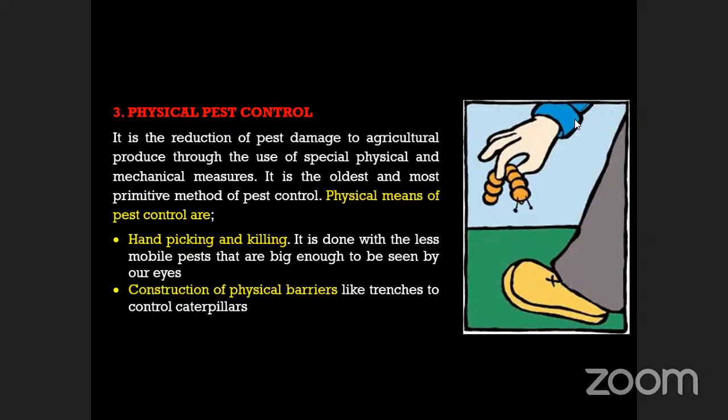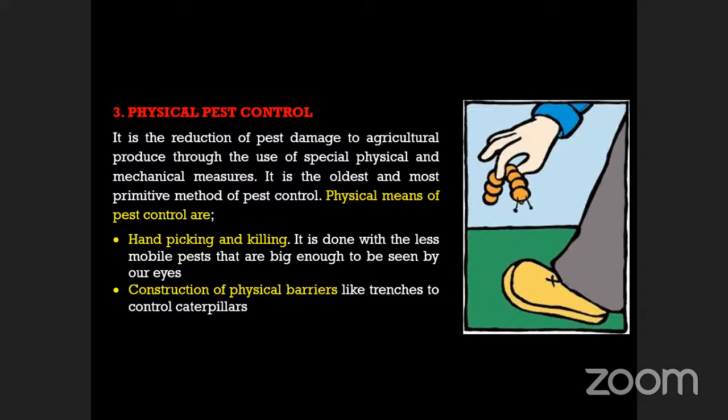So the other method, number 1 was chemical, number 2 was cultural, number 3 we have physical pest control. How does the physical pest control work? It is the reduction of pest damage to agricultural produce through the use of special physical and mechanical measures. And it is the oldest and the most primitive method of pest control. Physical means of pest control are,